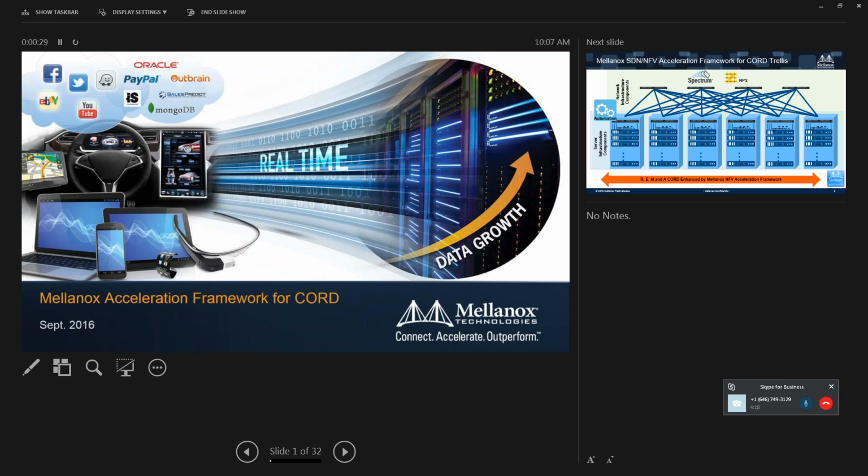Okay, so we have probably like 6, 7 slides that show the Mellanox proposal to Open CORD. Basically, it's an acceleration framework so that we can help the virtualized network functions and SDN applications run better, meaning higher throughput, lower latency, higher performance, and higher efficiency. So we measure efficiency in terms of